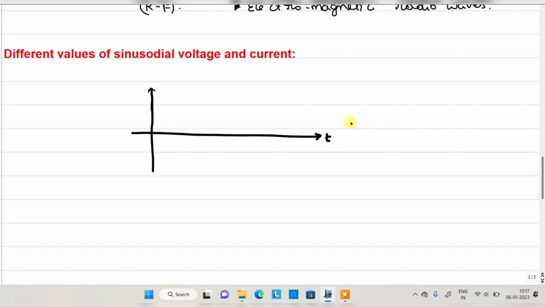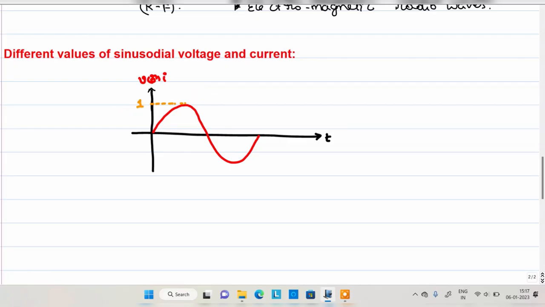So this is the time axis as well. Okay, this is a voltage or current. The waveform we have,